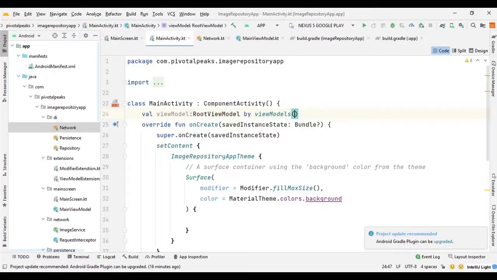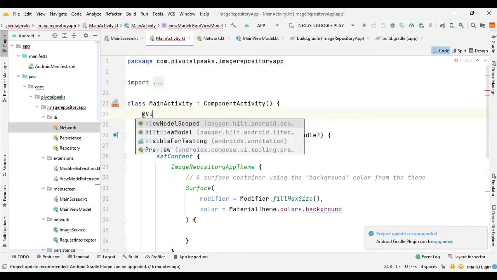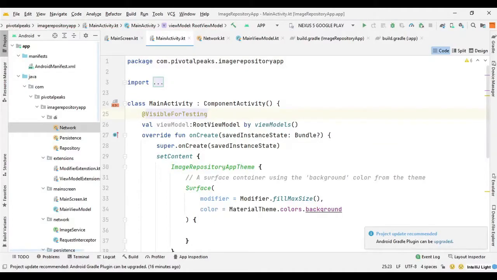Yeah, and we also have to annotate it with @VisibleForTesting. What it does is relax the visibility for this field so that it is more widely visible. Otherwise we will have to make it private, and Hilt just does not work with private variables.